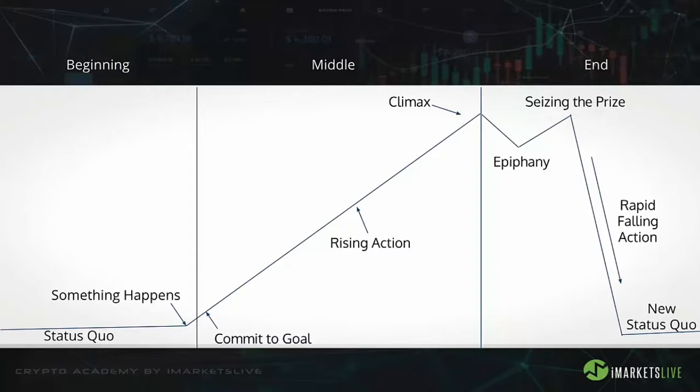Now, the reason why this structure works and this structure is so relevant is because think about our emotions. We feel a certain way in the beginning when we're coming into a trade and we want to make a decision. Once we commit to taking action, we're in anticipation. Is our trade going to hit the target? Are we going to get stopped out? How long am I going to have to wait in order for this to move in the